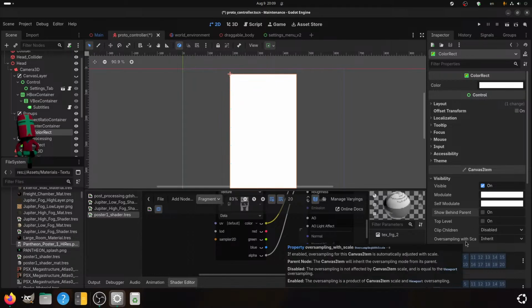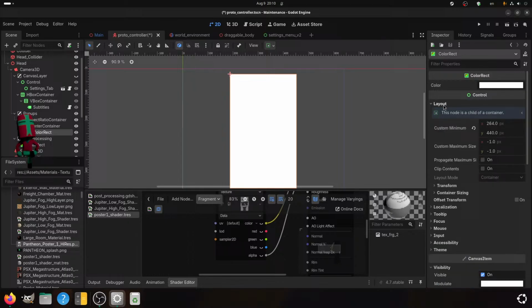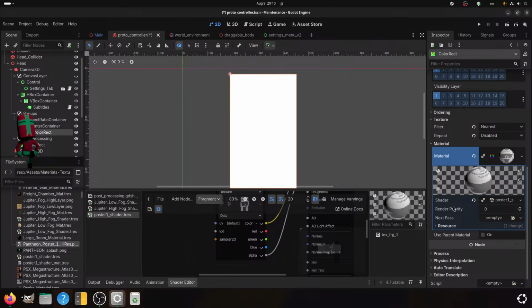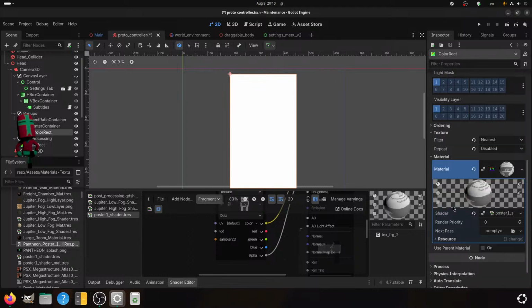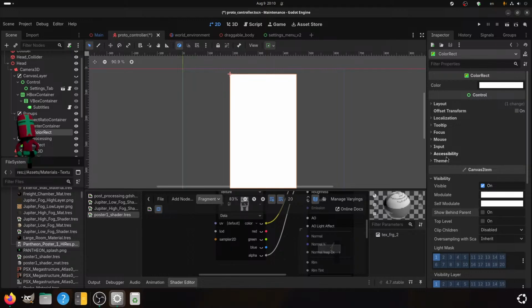Oversampling with scale. Sure. Perhaps a color rectangle is simply not the correct option.